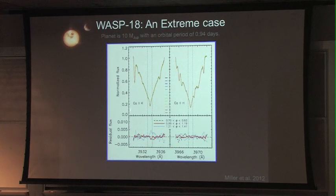But if you look at it, the calcium reversals on the inside, the star is dead flat. This actually, WASP-18, is the least active of all exoplanet hosts ever known. Okay, so this is, I think, part of that understanding that no matter how strong your planetary field is, if your stellar field is so weak, you might not be able to detect